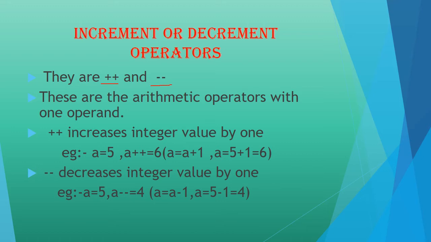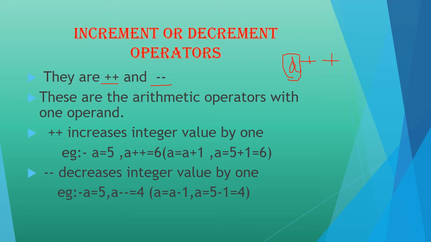Okay, and we already said that these are a type of arithmetic operators. But the difference is that they have only one operand but two operator symbols, right? Plus plus, minus minus, but we have only one operand, that is a plus plus. There is no b in this. Only one operand we have here. That's called increment or decrement, and plus plus is increasing, and minus minus is decreasing.